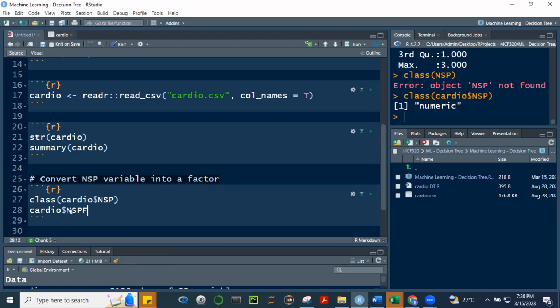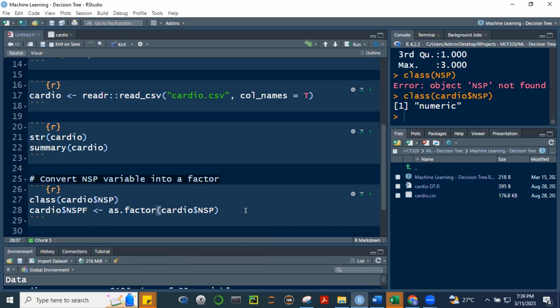So sa cardio, cardio $NSPF. So we're going to create another variable called NSP, but as a factor. Then alt minus, then as.factor. So medyo nagko-konting regression na rin tayo dito sa R natin. As.factor, and then cardio dollar NSP. Okay, what are we saying here? Create a new variable, NSPF, and then yung variable na yan is NSP pero treated as a factor. So that's what that means lang.